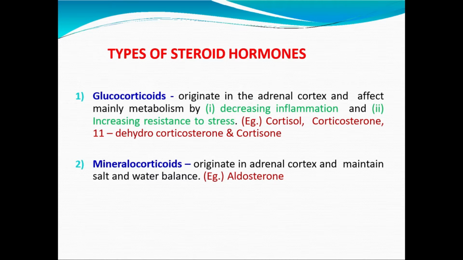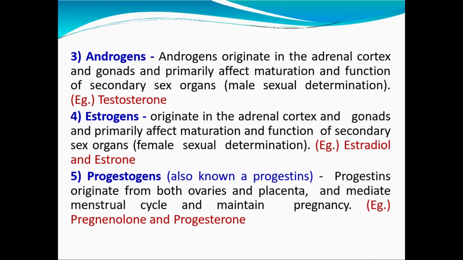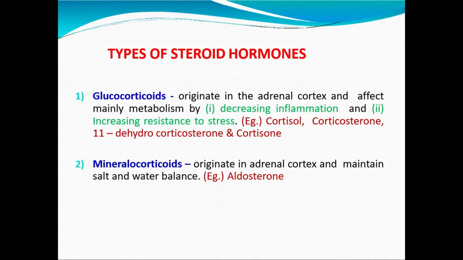Depending upon their chemistry, there are basically five types of steroid hormones: glucocorticoids, mineralocorticoids, androgens, estrogens, and progesterones. While talking about their details, glucocorticoids such as cortisol control or influence many metabolic processes, including the formation of glucose from amino acids and fatty acids, and the deposition of glycogen in the liver, or conversion of glucose to glycogen, which is performed in the liver.